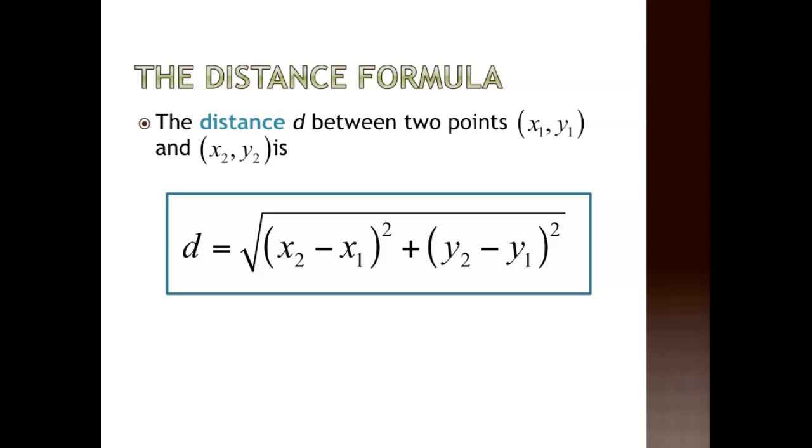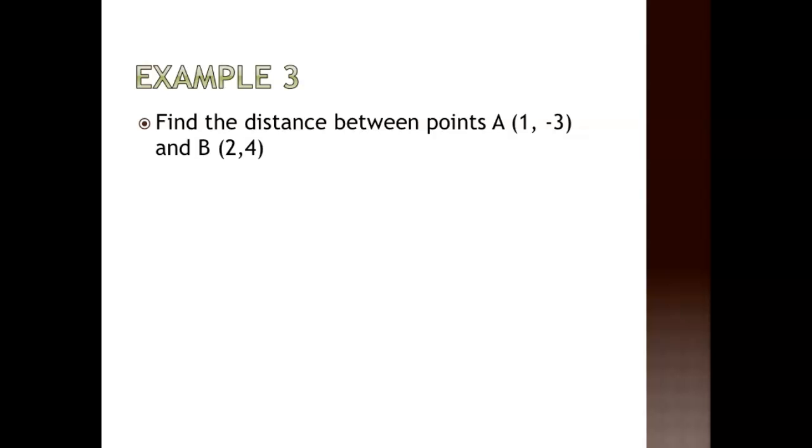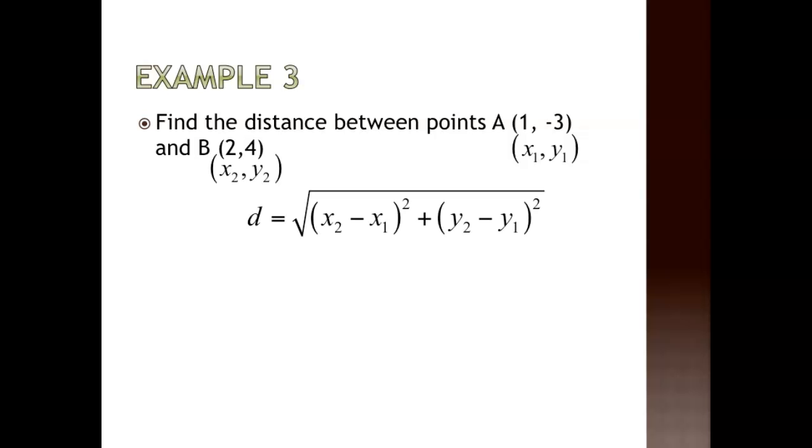Take a look at example 3. We have 1, negative 3 and 2, 4, and we want to find the distance between those 2 points. So I'm going to start by labeling those x1, y1 and x2, y2. Now I'll use the distance formula. So this will be x2 minus x1 squared, so 2 minus 1 squared, plus y2 minus y1 squared, so 4